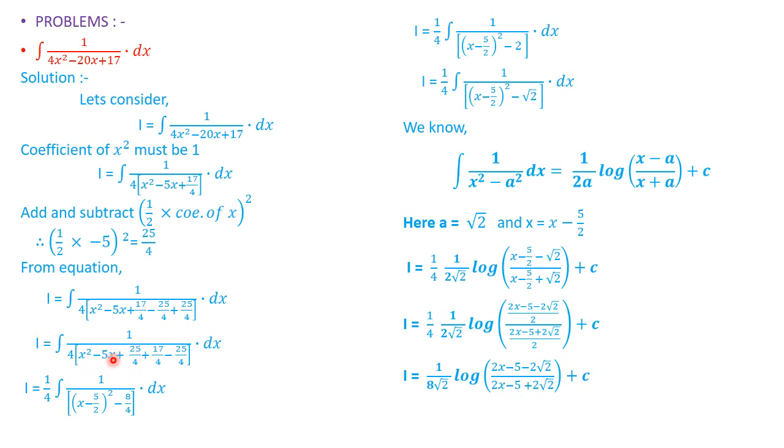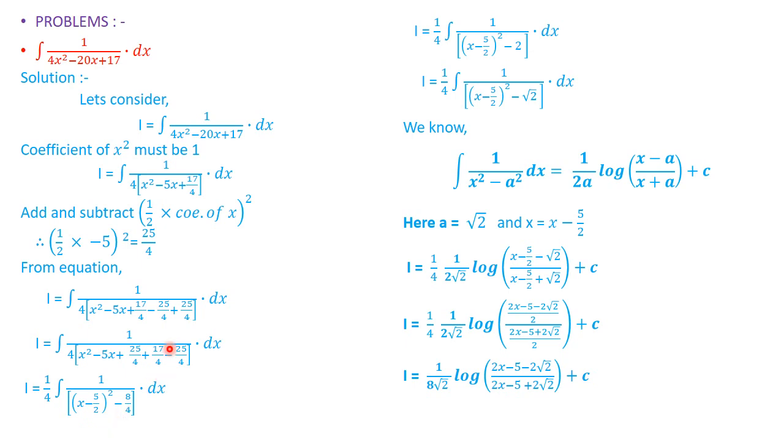How can we obtain this complete square? Take the square root of first term, that is x. Take the sign of middle term, which is minus, and take the square root of third term, 5 by 2. You may have confusion with this sign. Don't confuse, it is too easy. If the middle term is negative, take negative sign. If the middle term is positive, take positive sign. No issue is there, okay? No confusion will be there if you go this way.